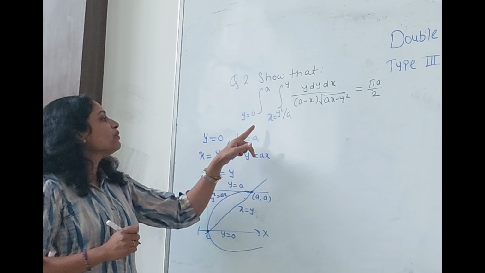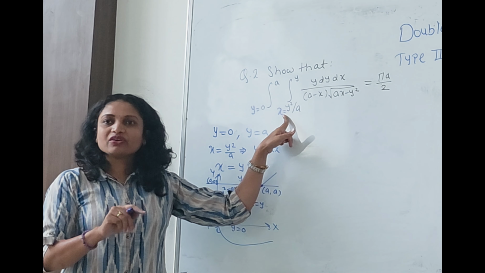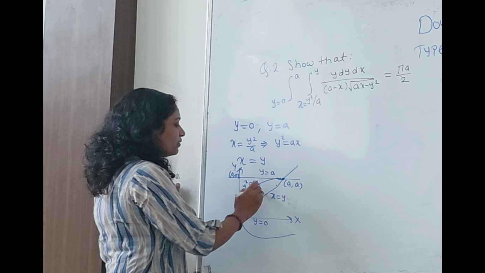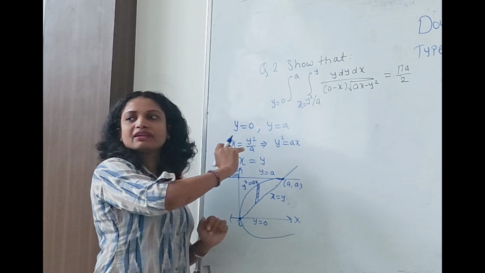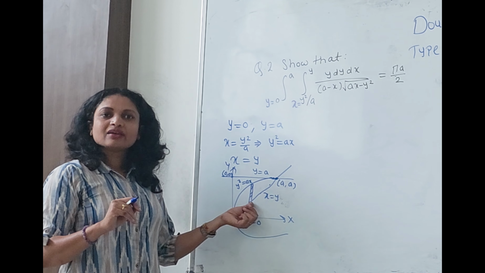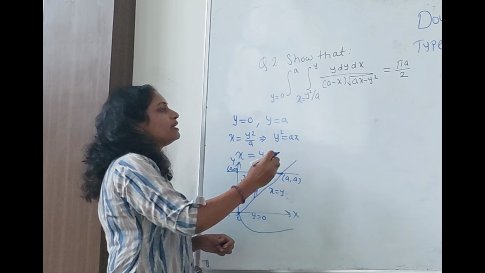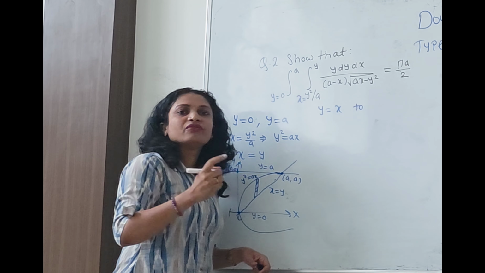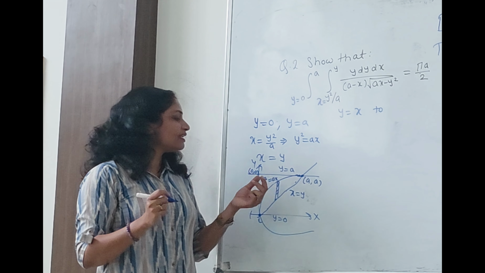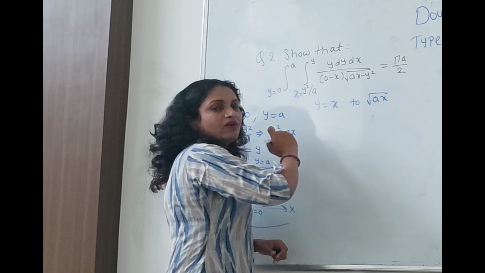So previously you had the x limit variable. Which strip was considered previously? Horizontal. Now you need to reverse the sequence, so you will consider the vertical strip here. Using the vertical strip, move the strip from left to right to cover the region where the lower end of the strip is touching this line. What is the equation of this line? y equals x. So the limit of y will start from y equals x, to where the upper end of the strip is touching the parabola. How can you write this equation in terms of y? y equals root ax. So this is the limit for y.